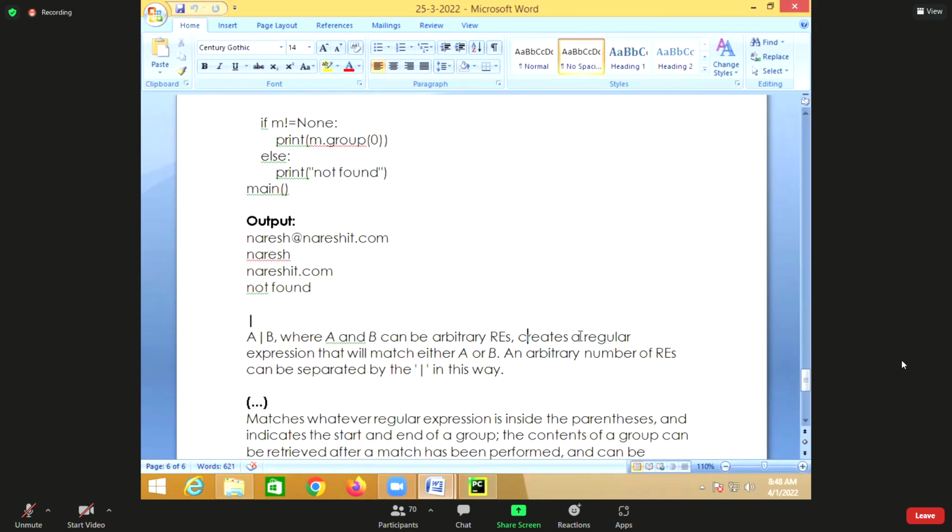Now create a regular expression that will match either A or B. So either this pattern or this pattern. If the first pattern is matched, it doesn't check the second. If the first pattern doesn't match, then it will search for the second pattern. That is done by using a pipe symbol, that is A or B.